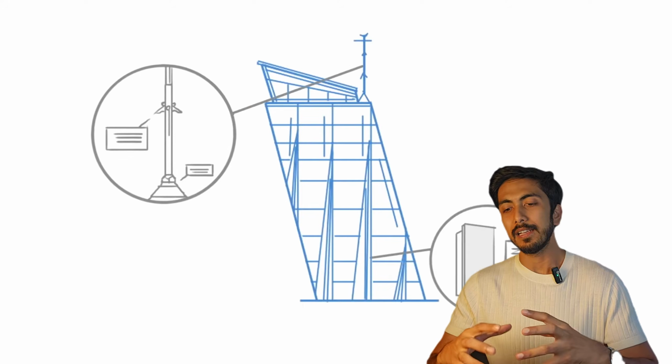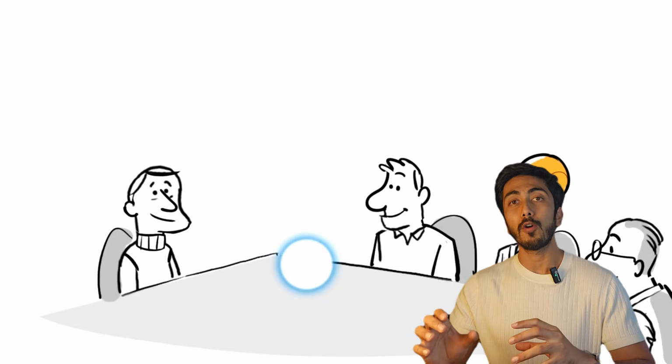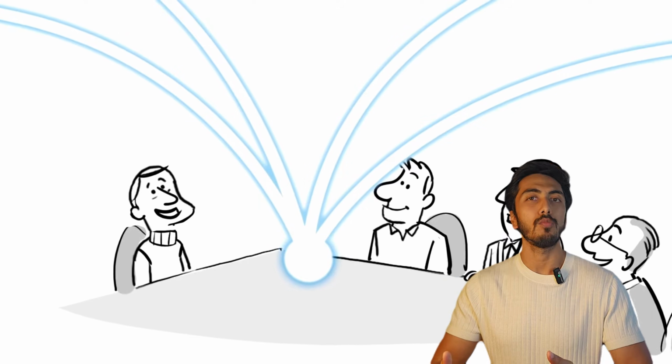So level of development or level of detail in context of BIM is basically the terminology on how detailed your model is, or how much information your model holds at a given time of your project. So basically, you can simply say that level of detail is directly proportional to the level of information that is embedded in your model. So the framework of LOD, level of detail, becomes very crucial in a project because it